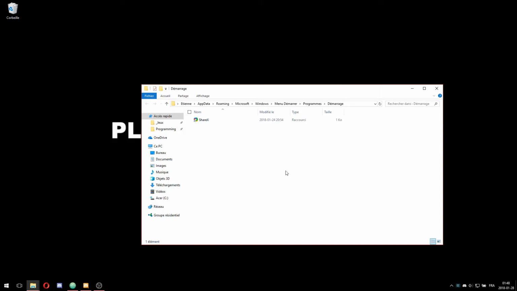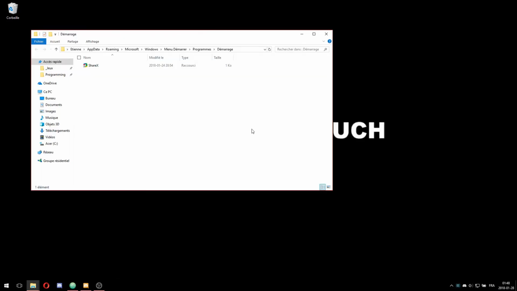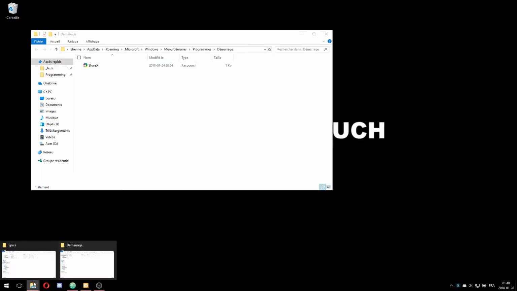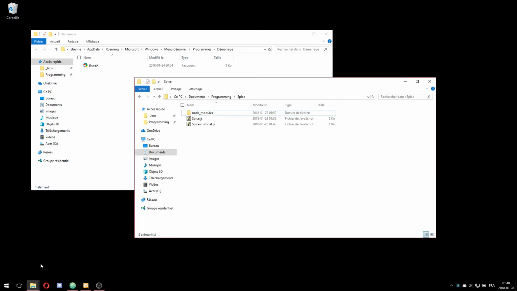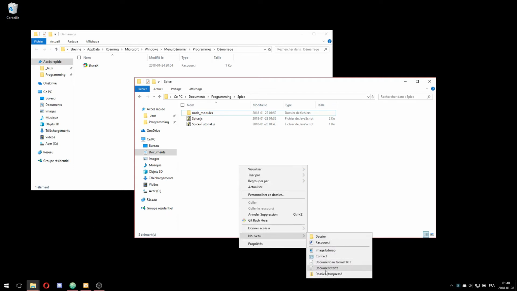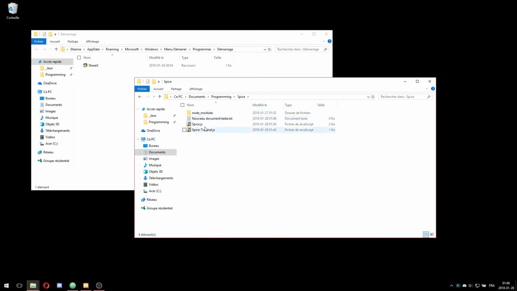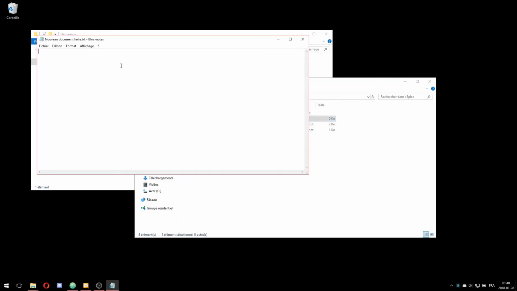We won't do anything in it for now, so we're just gonna chuck it along here. Now you'll want to go to your bot's folder, and as you can see here I have my JavaScript file, and you'll want to create a new text file. It doesn't matter how you name it, so I'm going to keep it blank. You open it, and you're going to type